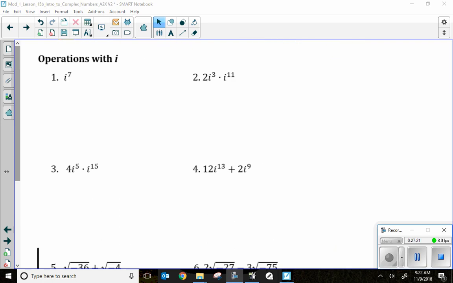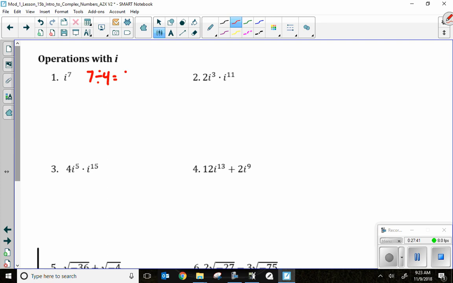Okay, operations with i. Let's start doing some of this stuff right here. We have i to the 7th, and they want us to simplify that. Well, i to the 7th is just i to the 7th, man. No, it's not. How come? Because I'm going to take 7 divided by 4. It goes in there 1 time with a remainder of 3. 3 becomes your new exponent. And i cubed